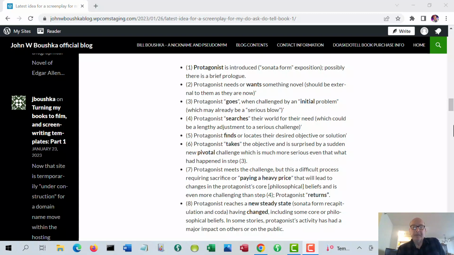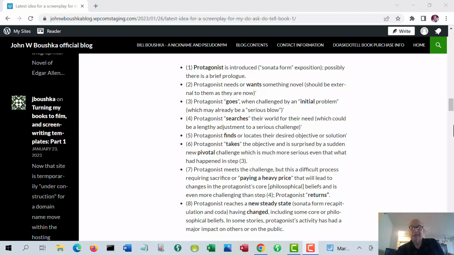Then in step 6, the protagonist takes the objective and then may be surprised by a sudden or new pivotal challenge, which is more serious and a greater challenge to the protagonist's sense of personhood and philosophical belief than the initial problem had been. And so that leads to the return step, or step 7, where the protagonist has to